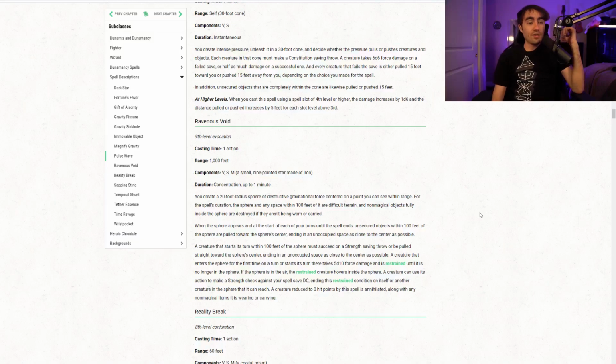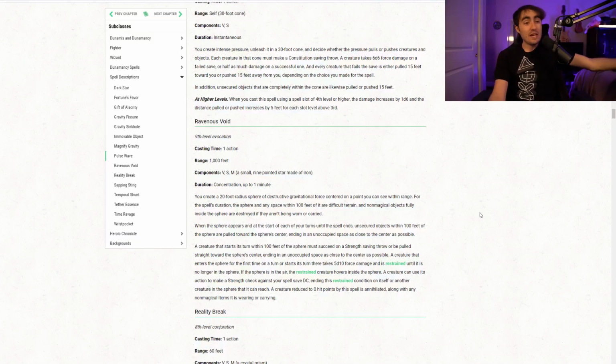Having a 1,000 foot range means you don't have to go anywhere near combat. Having a pull range of 200 foot diameter means every single thing is going to get pulled in if it fails the save. And if it succeeds the save, it still has to get out of that 100-foot radius and continue making more saves to not get immediately pulled to the center. Statistically, that's really hard to do considering it's also difficult terrain, meaning they're moving at maybe 30 feet. If they go in a straight line out, they'll probably have to take at least 3 turns to get out of the range of being pulled,